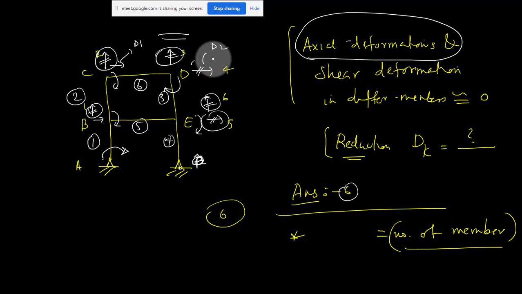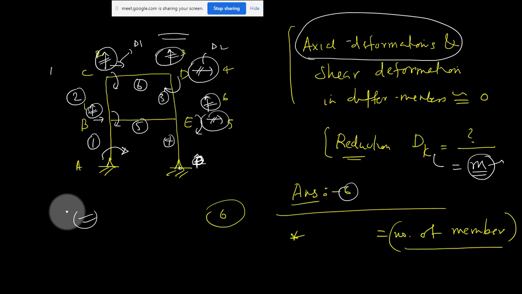Do you get it? Yes, sir. Okay, you are not supposed to solve this answer like this, because it will take some time. Why spend the time? Take directly the number of members. This answer is equal to the number of members. So this is how you have to solve this question. You will hardly take a few seconds, because you should know that the reduction is the number of members. If you take this condition, the reduction in the degree of freedom will be equal to the number of members in the structure. Okay.